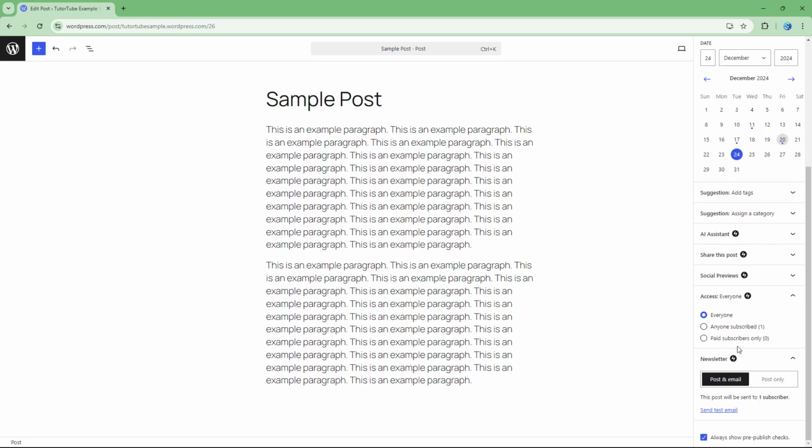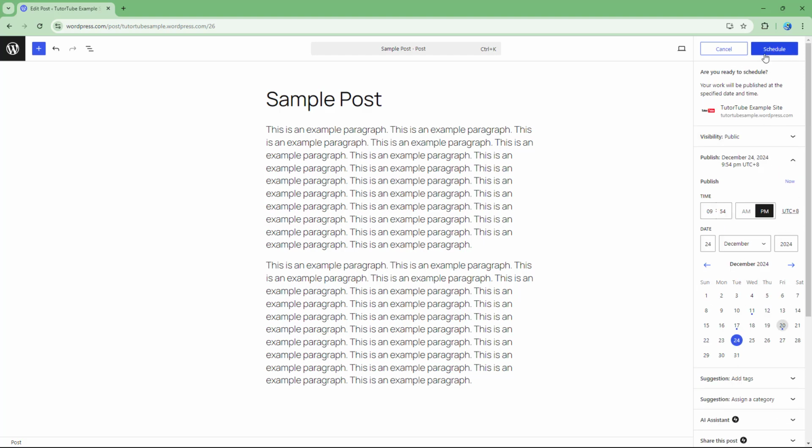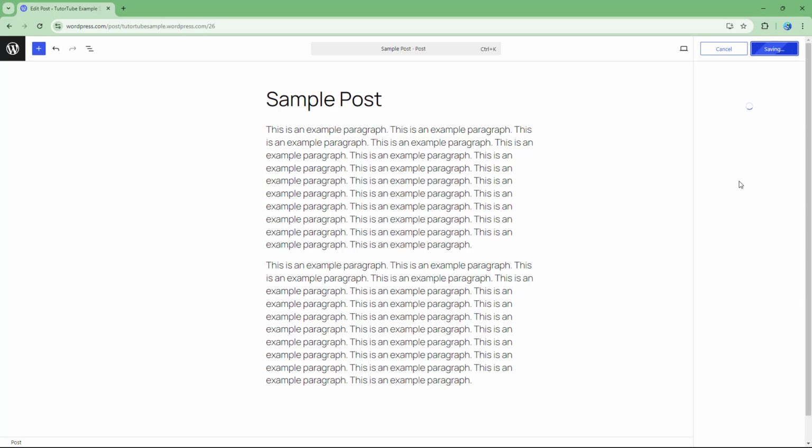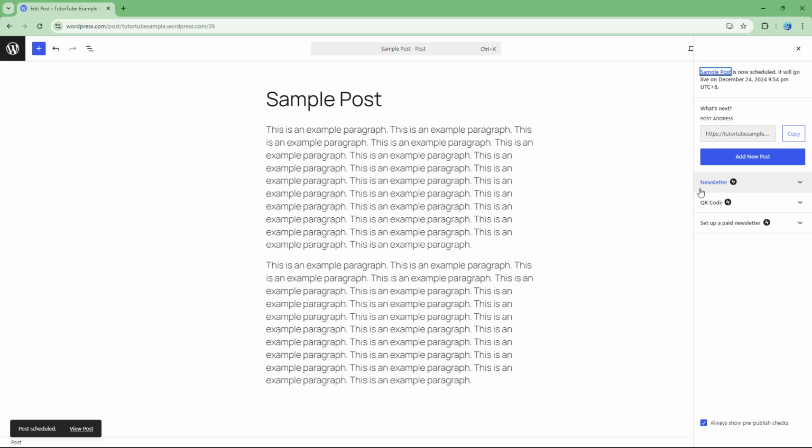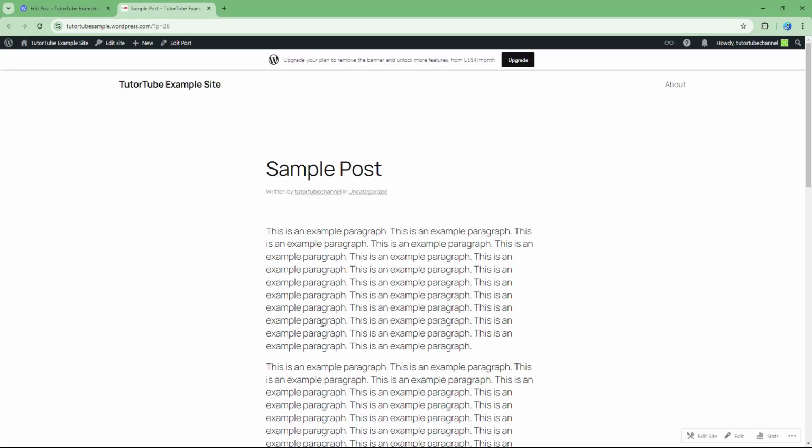Once you do that, you can see that the Post button changes into a Schedule button. So you can click on it, and it simply schedules your post right there. Now if I were to view the post, you can see